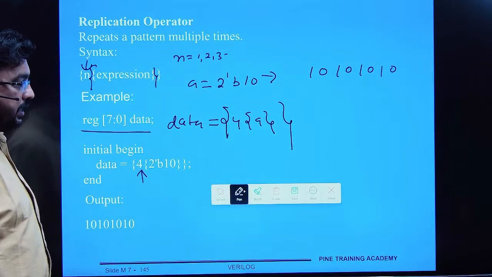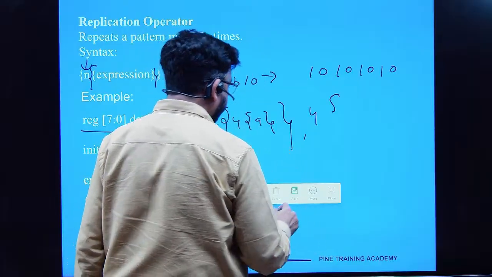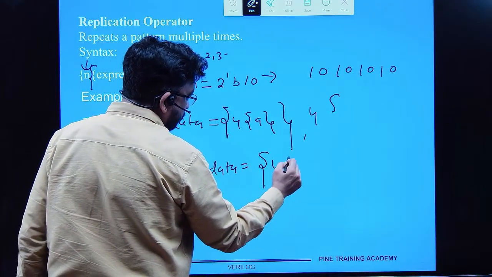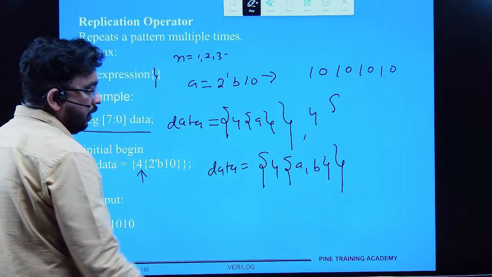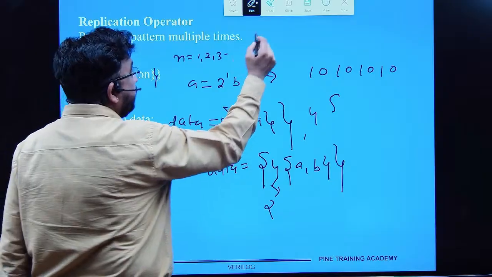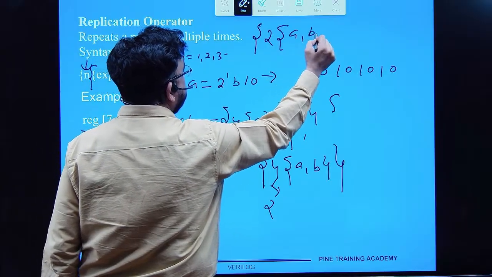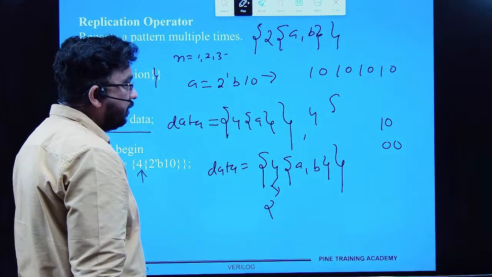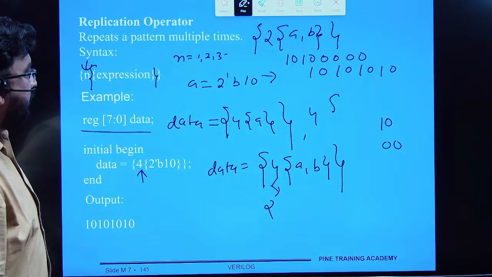ओके, सो दिस इज वन थिंग। ओके, आप इसको और कैसे लिख सकते हो, ठीक है, ए और बी आप ऐसे भी लिख सकते हो। अब यहाँ पे जो बी है आपका, अब इसको मैं 4 को कम करके 2 कर दूंगा, 2 a and b, and here a is 10 and b is 00। तो ये कैसे काम करेगा, a की वैल्यू 10 10 एंड b की वैल्यू 00 एंड 00, तो ये ऐसे काम करेगा।